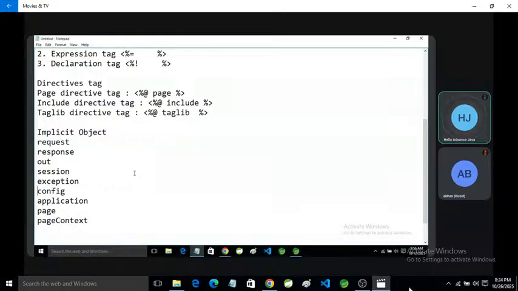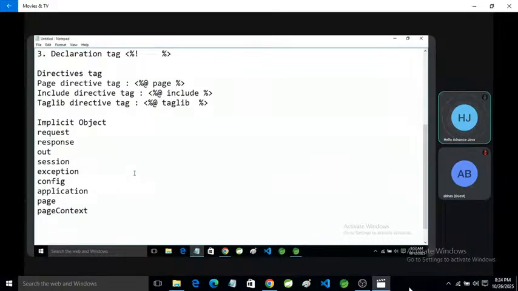We have no need to create the object of servlet config, already we have config available. Application is the object of servlet context. Page is the object of the whole page, and page context is just like application, or you can say servlet context. Okay, so if you have need of these objects, you can directly use them.